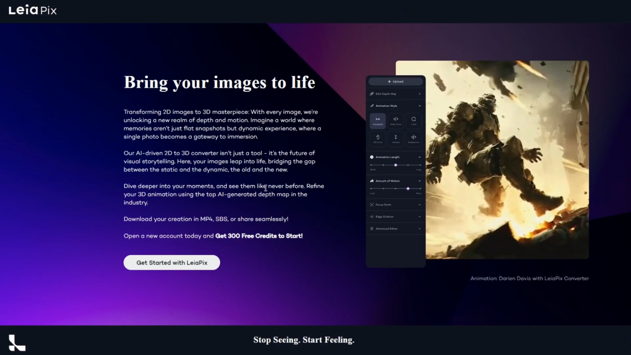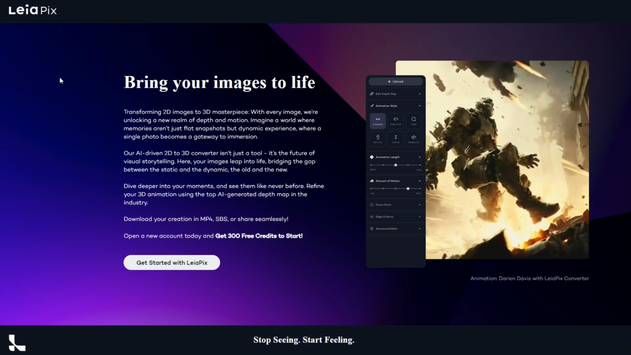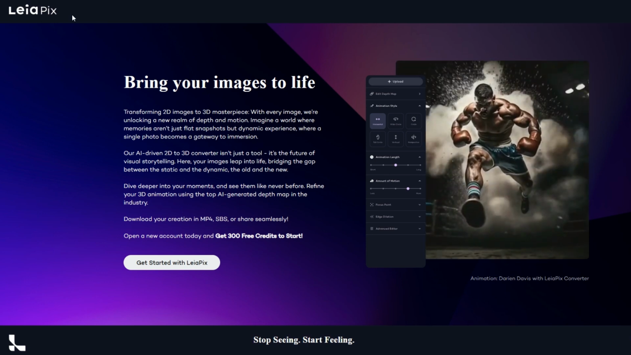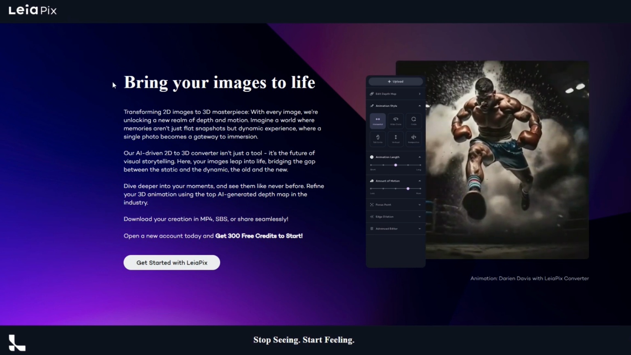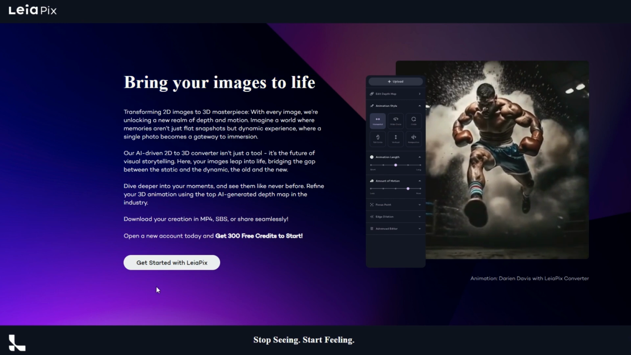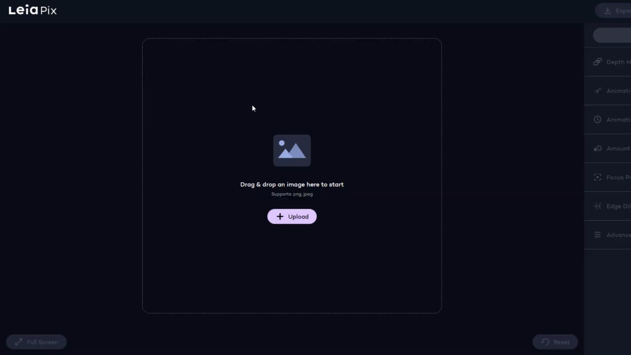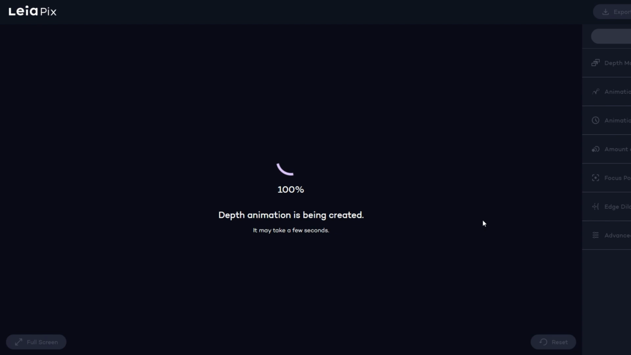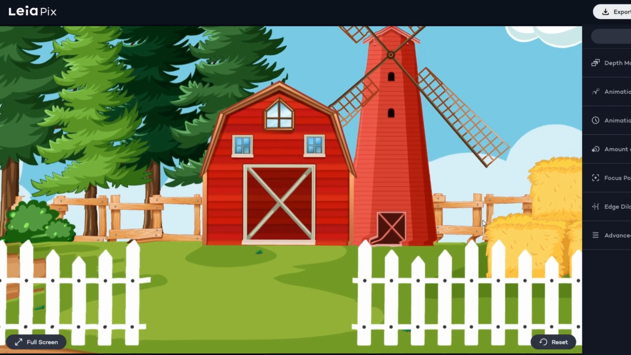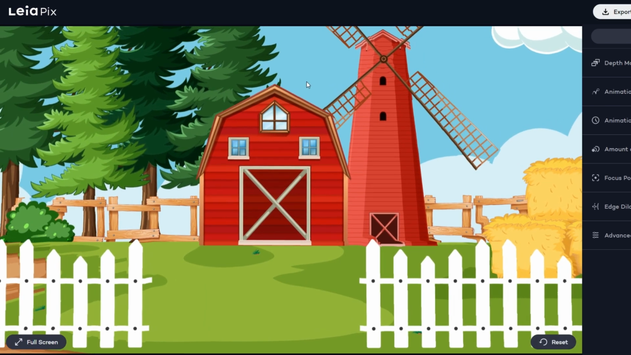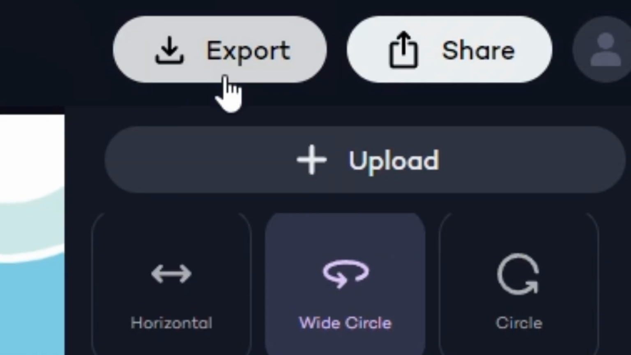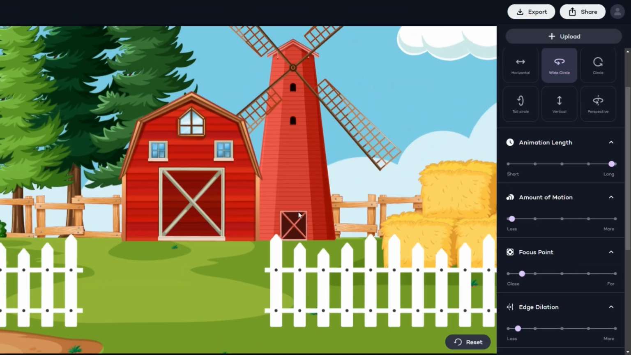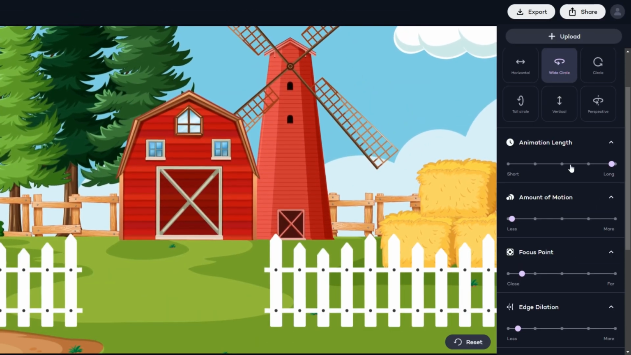After downloading your background, navigate to a website called LeiaPix, link provided in the description. Once on LeiaPix, click on Get Started, and it will direct you to this page. Remember, this platform is free to use. On this page, upload the file you downloaded from Canva, and presto, your image is already much more dynamic. If you're satisfied with this, simply click Export, and it will be downloaded to your computer. However, if you want to adjust the level of motion, feel free to play with the settings on the side